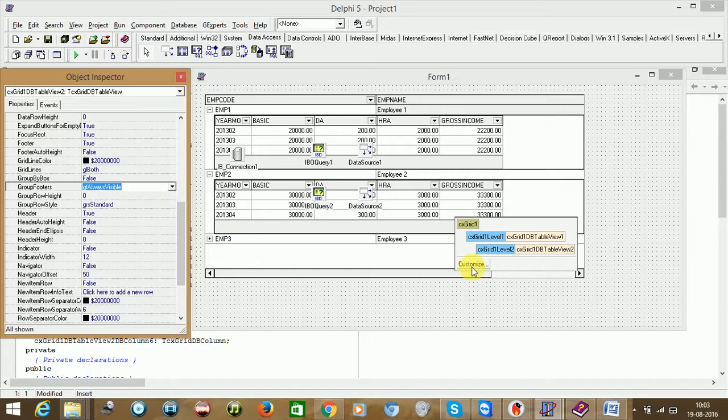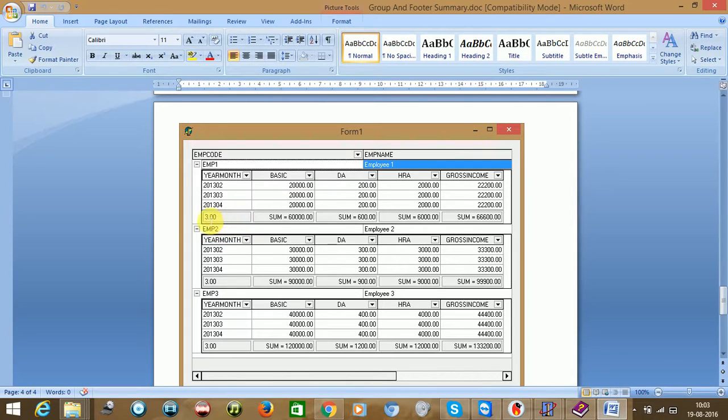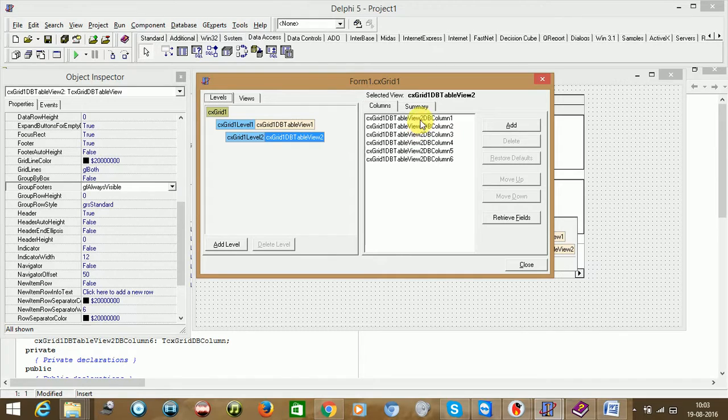Now once this part is done, count 3 is coming here, right? I think a point has been given there, it should not be like that. And here summation. So for year month, to count how many records there are, you can take any column for counting, but we would be taking year month. This is a sophisticated way of doing that.